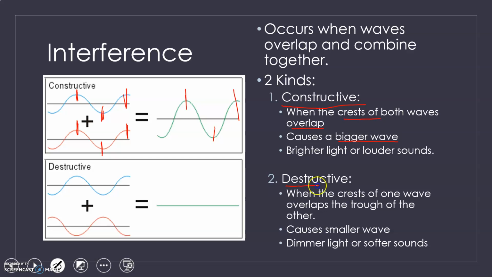And then we have destructive. So think of destruct. That means it's going to cause a smaller wave. This is when the crest of one wave overlaps the trough of the other. So we have a crest here, a trough here, and the opposite parts of the wave are going to be overlapping, and that's going to create a smaller wave, or maybe even just cause the wave